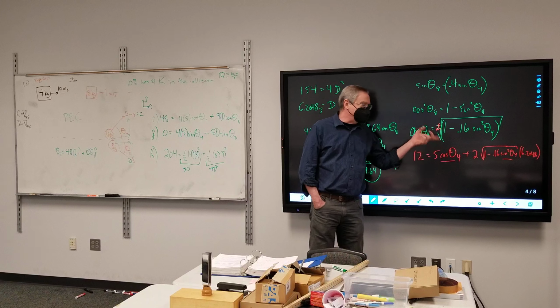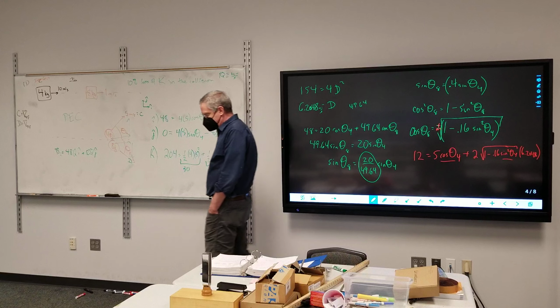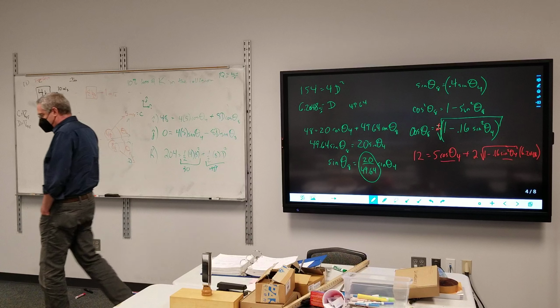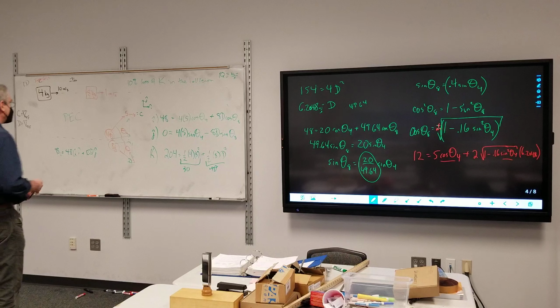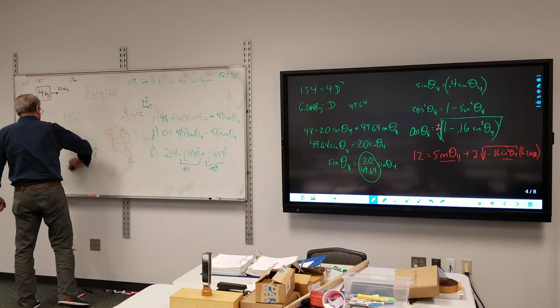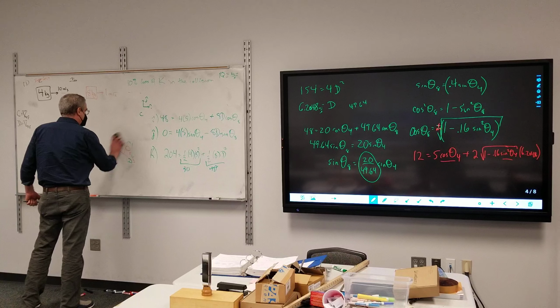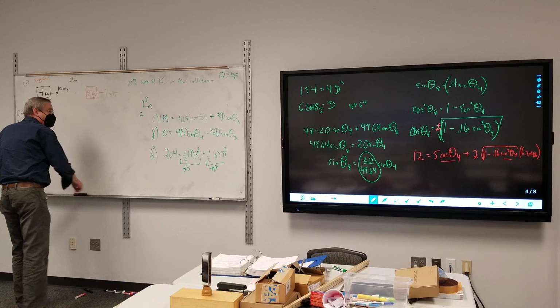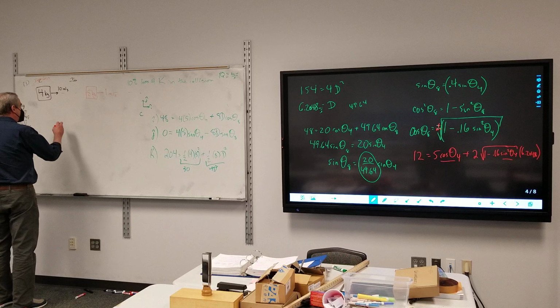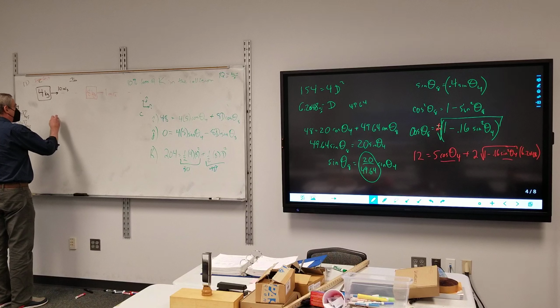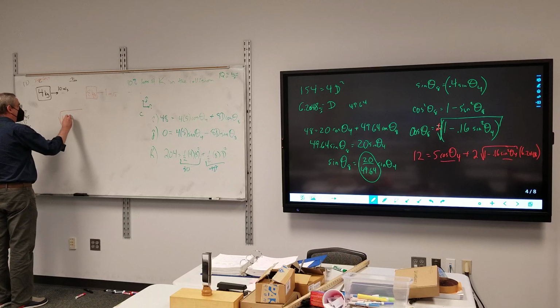So how do you solve that? Let's deal with the radical first. How do you deal with the radical in an algebra equation? You could just square it, but what do you have to do first? Isolate it. Yeah, isolate it. All right, so we have the radical of 1 minus 0.16